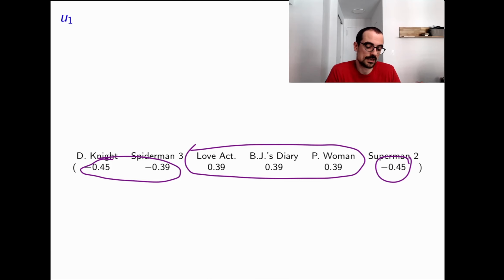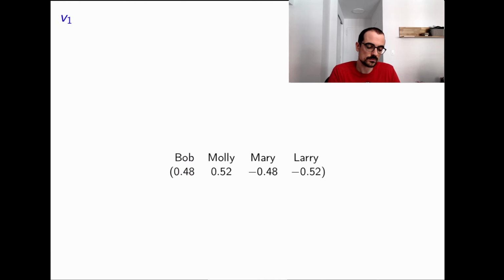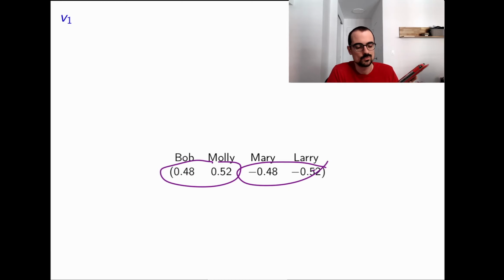So the users that have a positive value of the first right singular vector associated to this left singular vector are going to like romantic movies and not like superhero movies. Okay, and that's indeed the case. Here, these guys like romantic movies, these guys like superhero movies or hate romantic movies. Of course, for